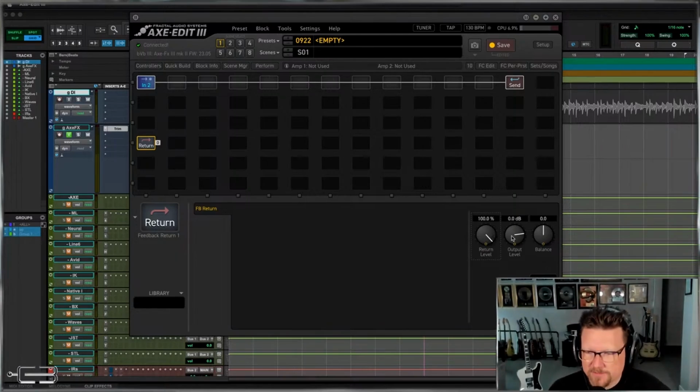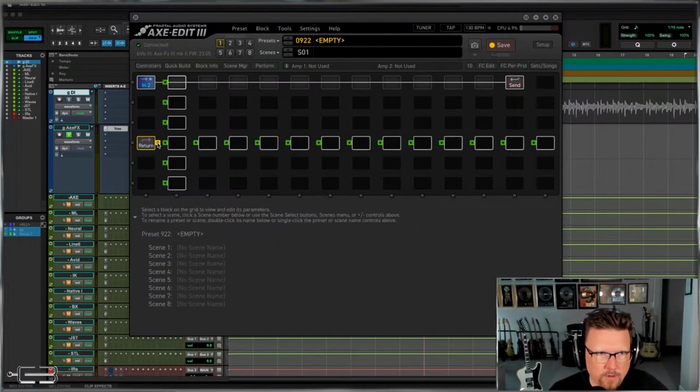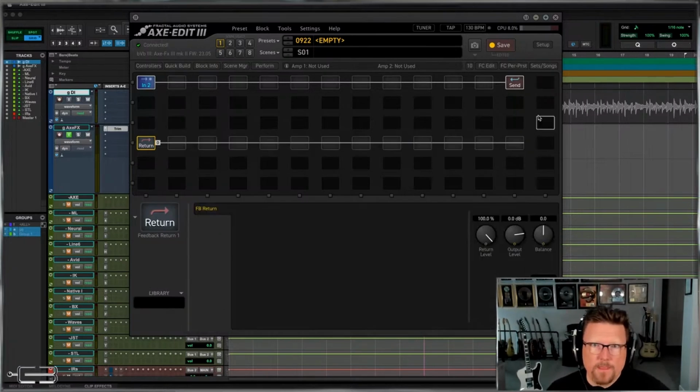I can't tell you how many times I've started a new preset and been like, why the fuck aren't I hearing anything? And then it's like, oh, I got to turn that up. I know there's a reason for that because they don't want people to blow their faces off, but just a note. Okay, and then we are going to go all the way here, and then I'm going to put my